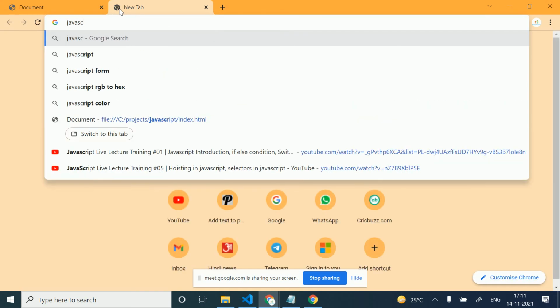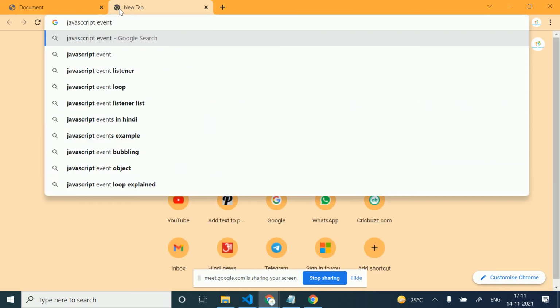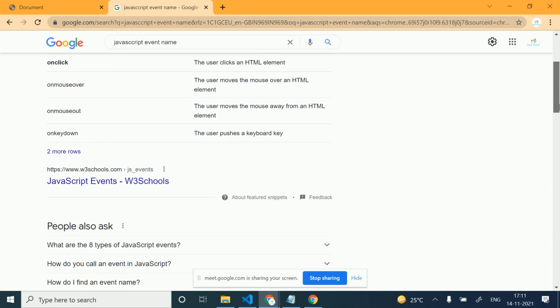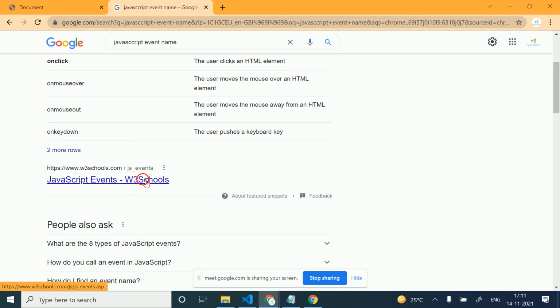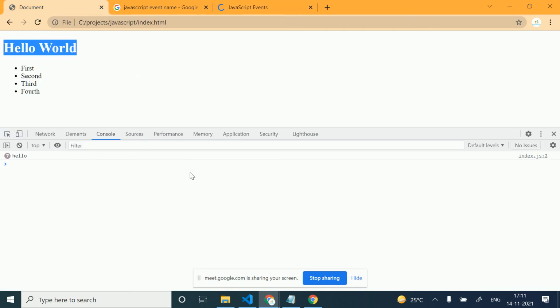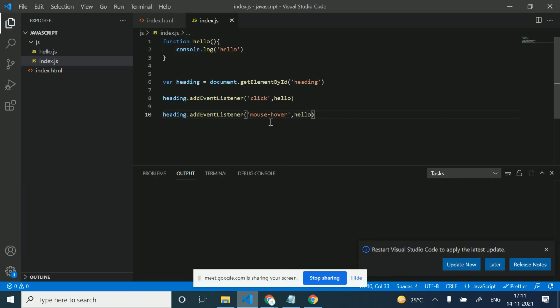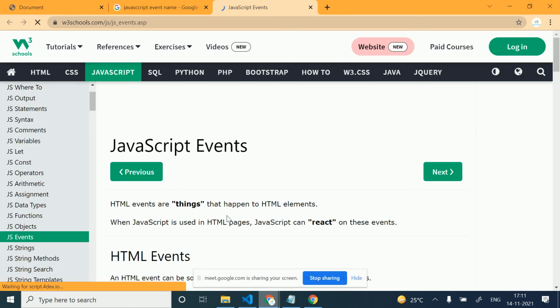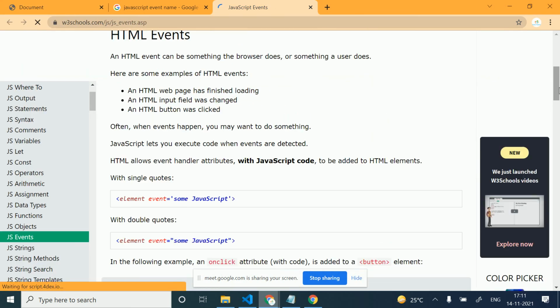JavaScript events names: onclick, onmouseover. These are the events: key, mousedown, mouseout. Any mistake in this? Mouseover. So we will go here.